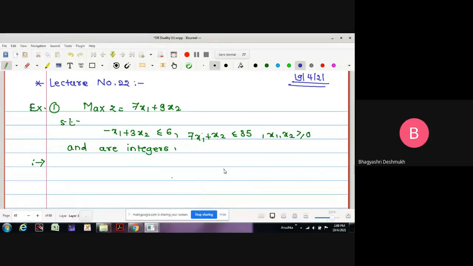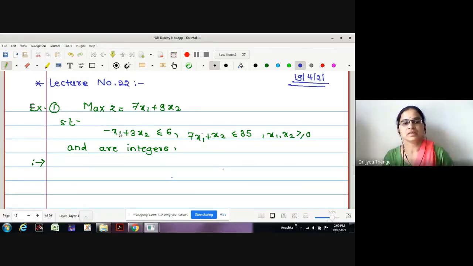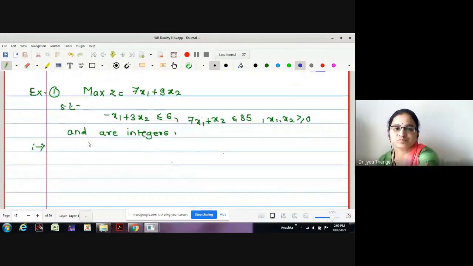Z is equal to 63, x1 is equal to 9 by 2 and x2 is equal to 7 by 2. Good. Now, assuming all the students have solved this by the usual simplex method, can I go directly to Gomory's cutting plane method? Yes, ma'am. So what I will do,